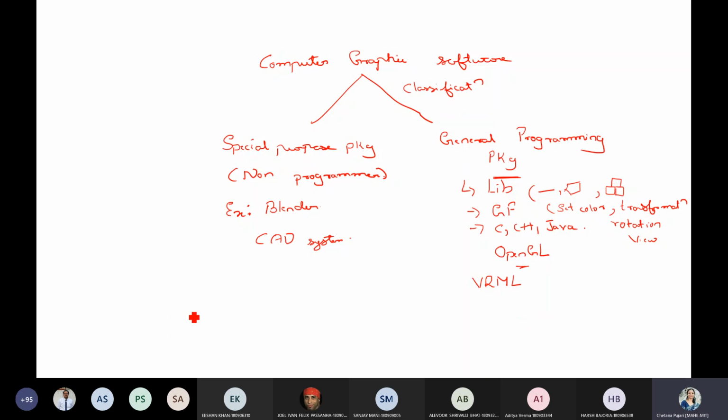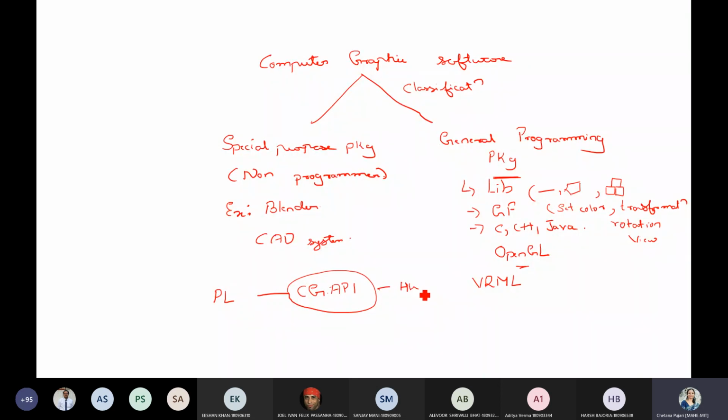So what does it actually do? Whatever graphic functions we have in a programming language, you have a set of graphic functions which is known as a computer graphic API. API is nothing but application programming interface. It acts as an interface, because it has different libraries and functions which help you to write code, and it acts as an interface between your programming language and your hardware.